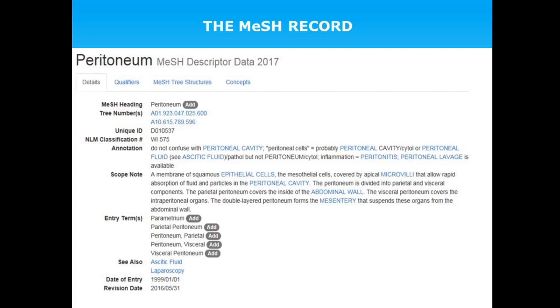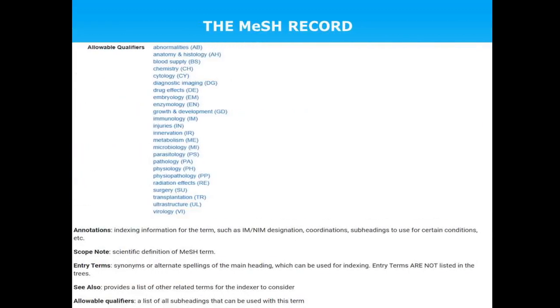They are giving detailed scope about where it is used exactly, right? The entry term is related terms. That's what I told you. See, cross references, that's cross references entries that can be used here, related terms, right? And see also they are using it, okay? Where and date of entry, when this particular heading was added, and when any revisions regarding this data were made, everything is given here in the record.